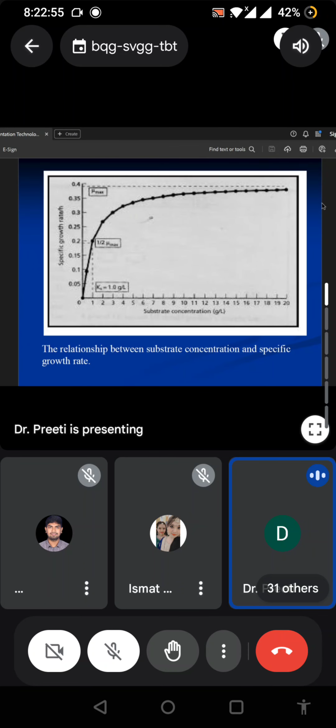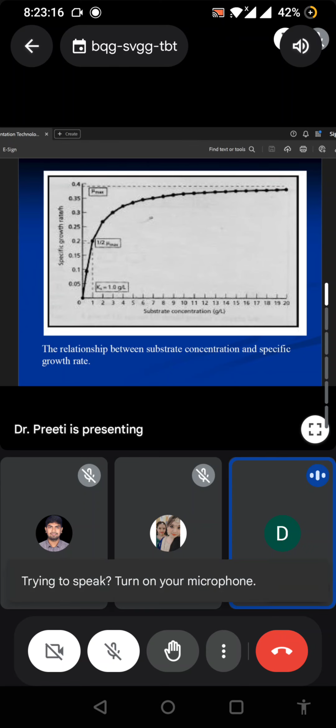That same type of kinetic is used here. এখানে আমরা এই মডেলকে বলি Monod model. Why? Because the scientist named Jacques Monod performed all these calculations on fermentation kinetics. So same type of equation এখানেও follow হয়।